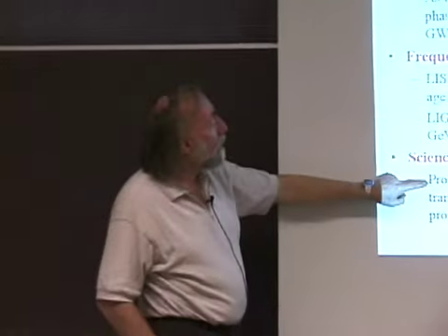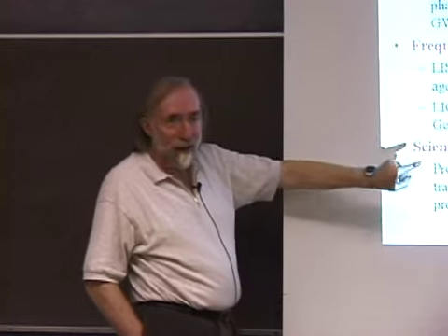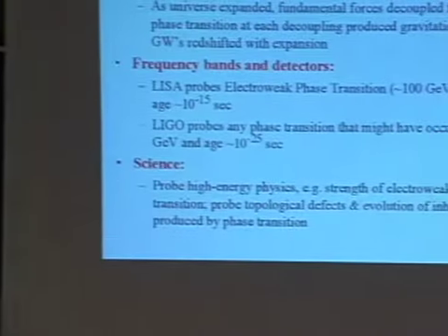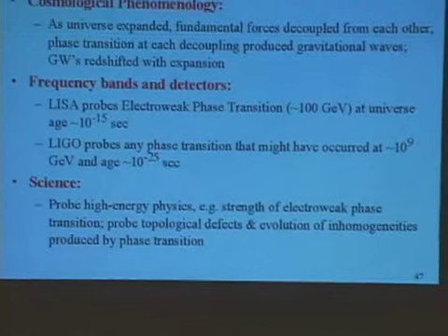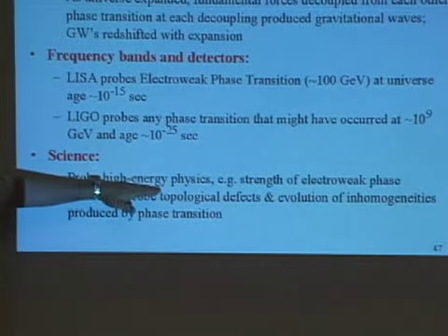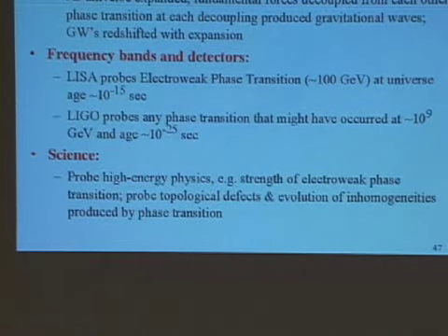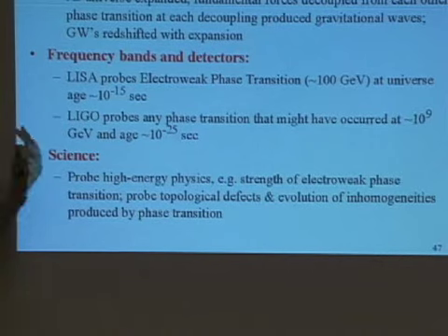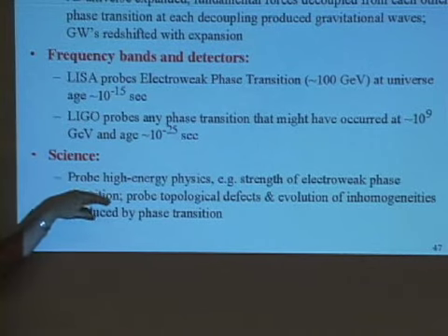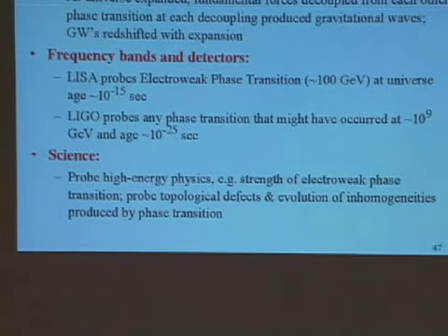So the science of this source is we want to do high energy physics. As you've seen, I described doing nuclear physics with gravitational waves through colliding neutron stars and black holes. Here one goes after high energy physics, and one goes after these various interesting cosmological effects in the very early universe that have been hypothesized, such as topological defects, which we will talk about. And finally,